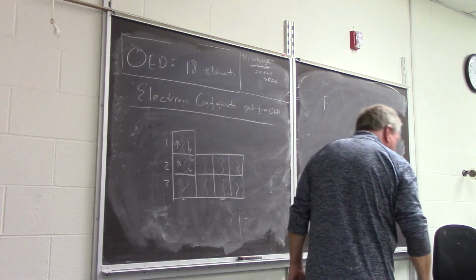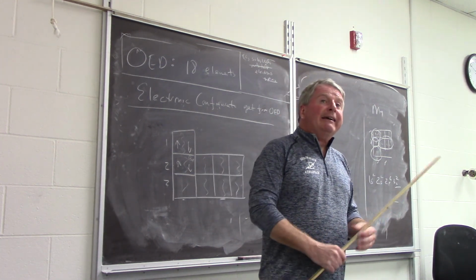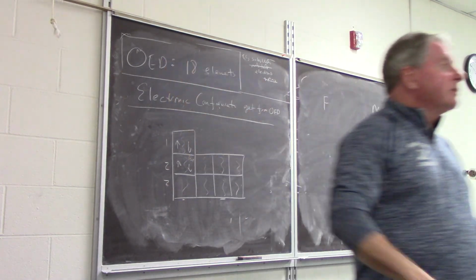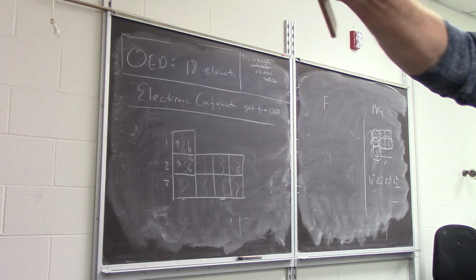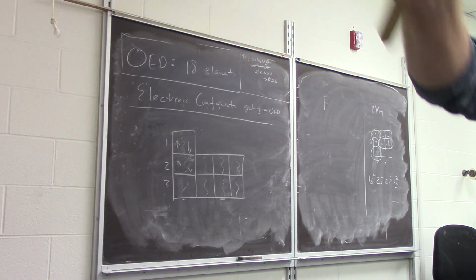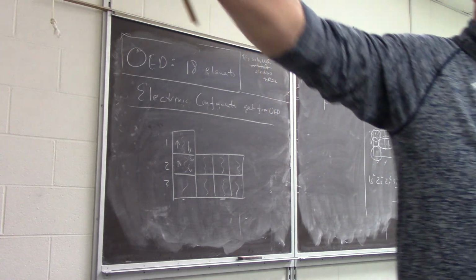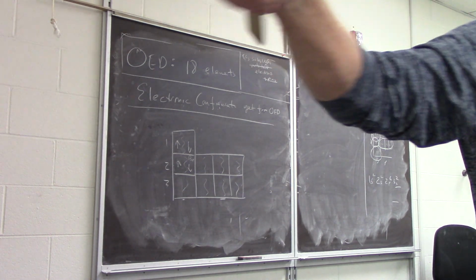So the way to do this is we look at the periodic table and see how it's split up. It's not just random. If you look going up and down vertically, you can see that it has sections. Over here is a section. Over here is a section. Over here is a section. And this section right here is actually